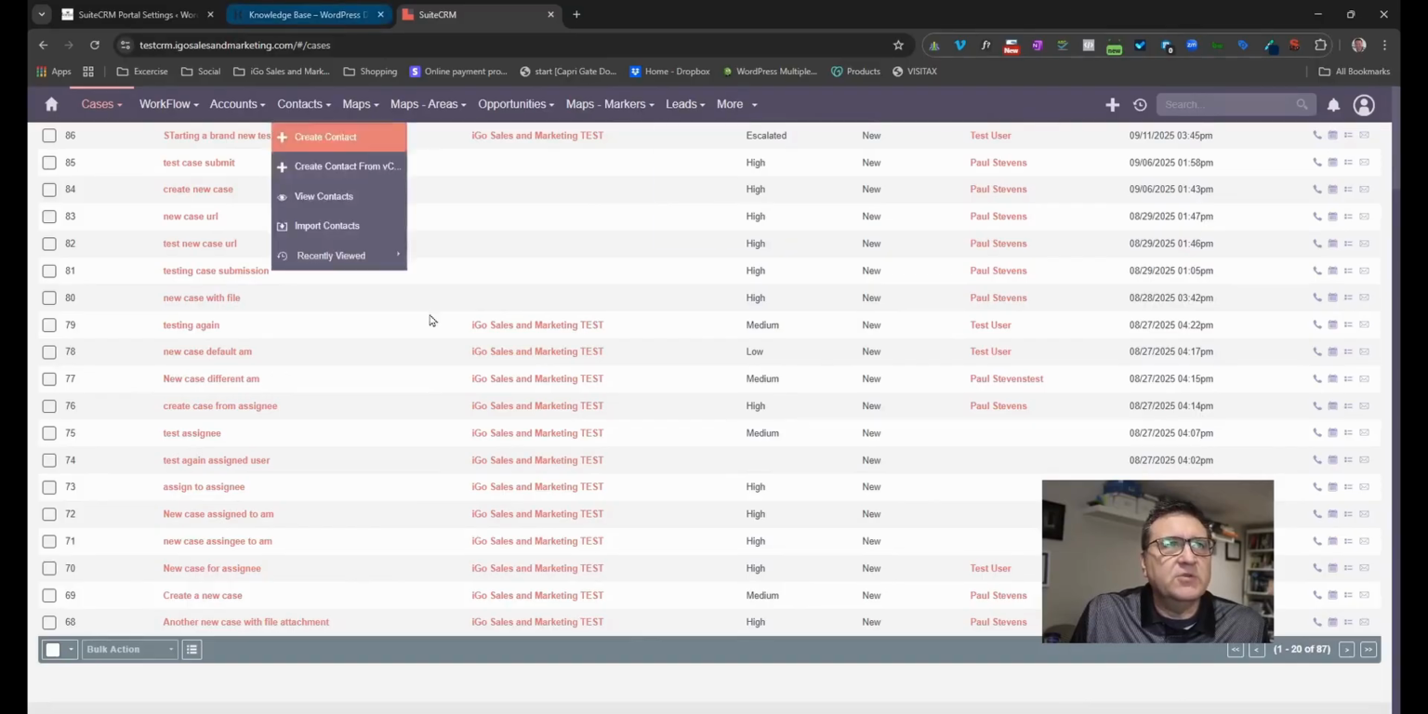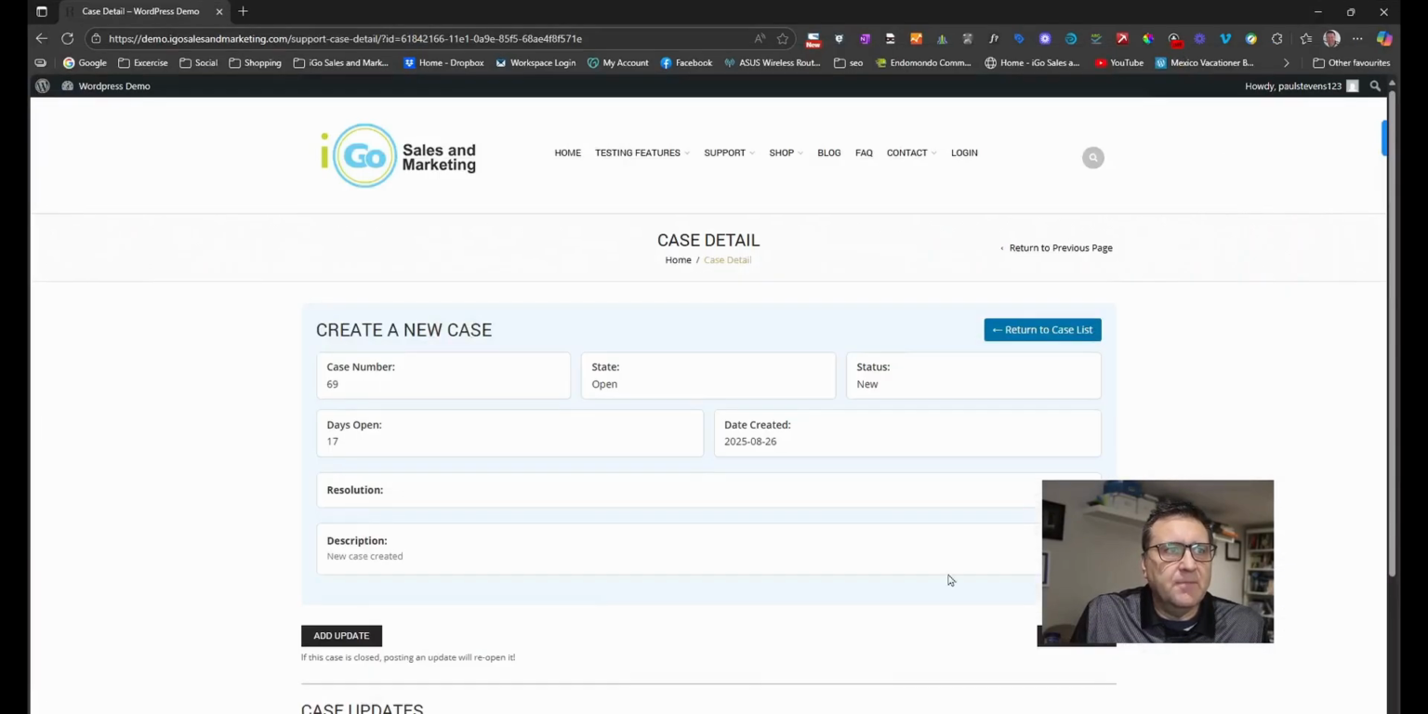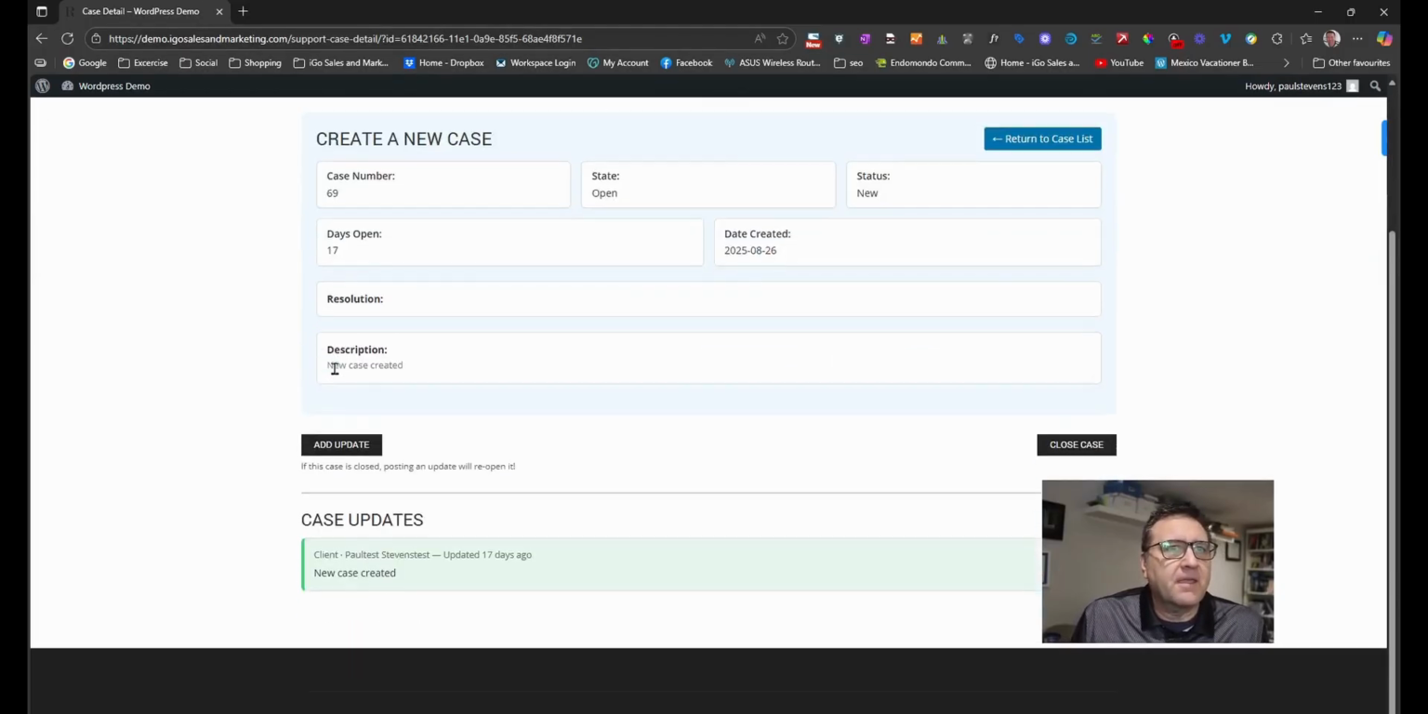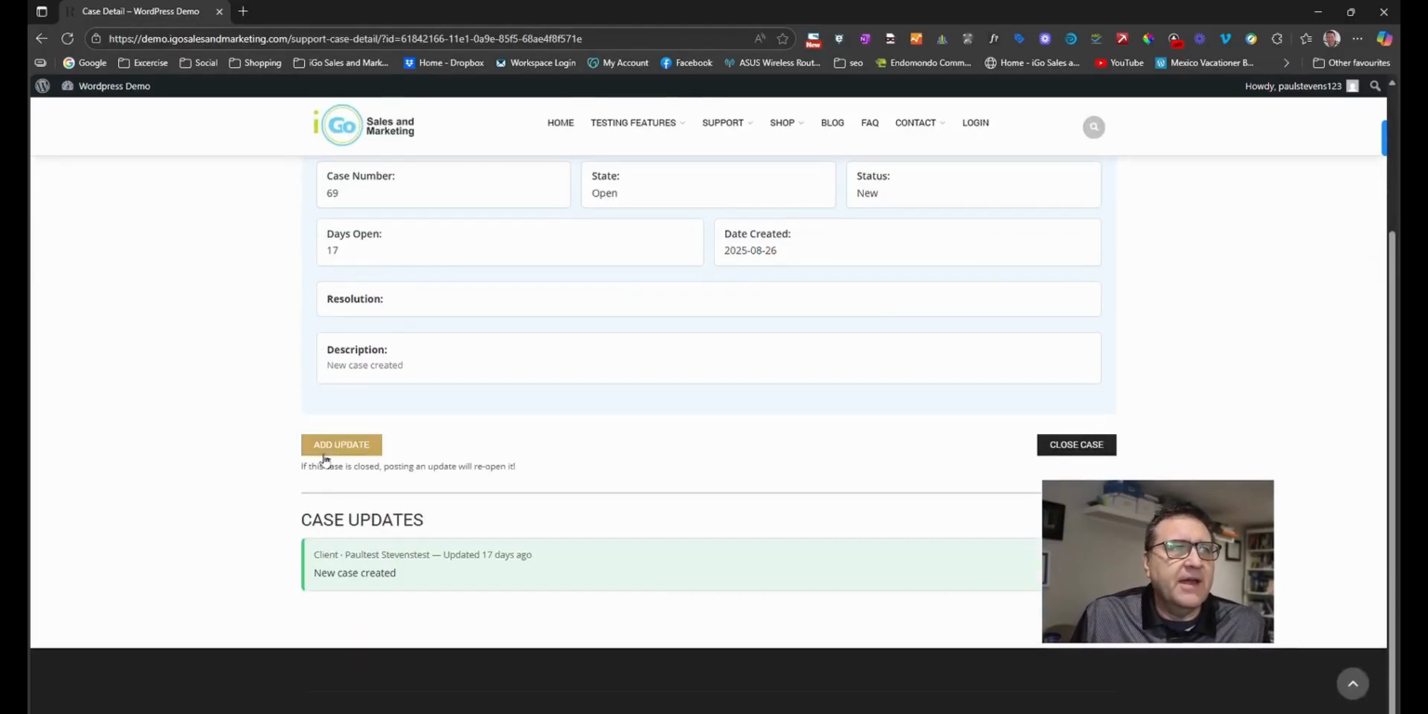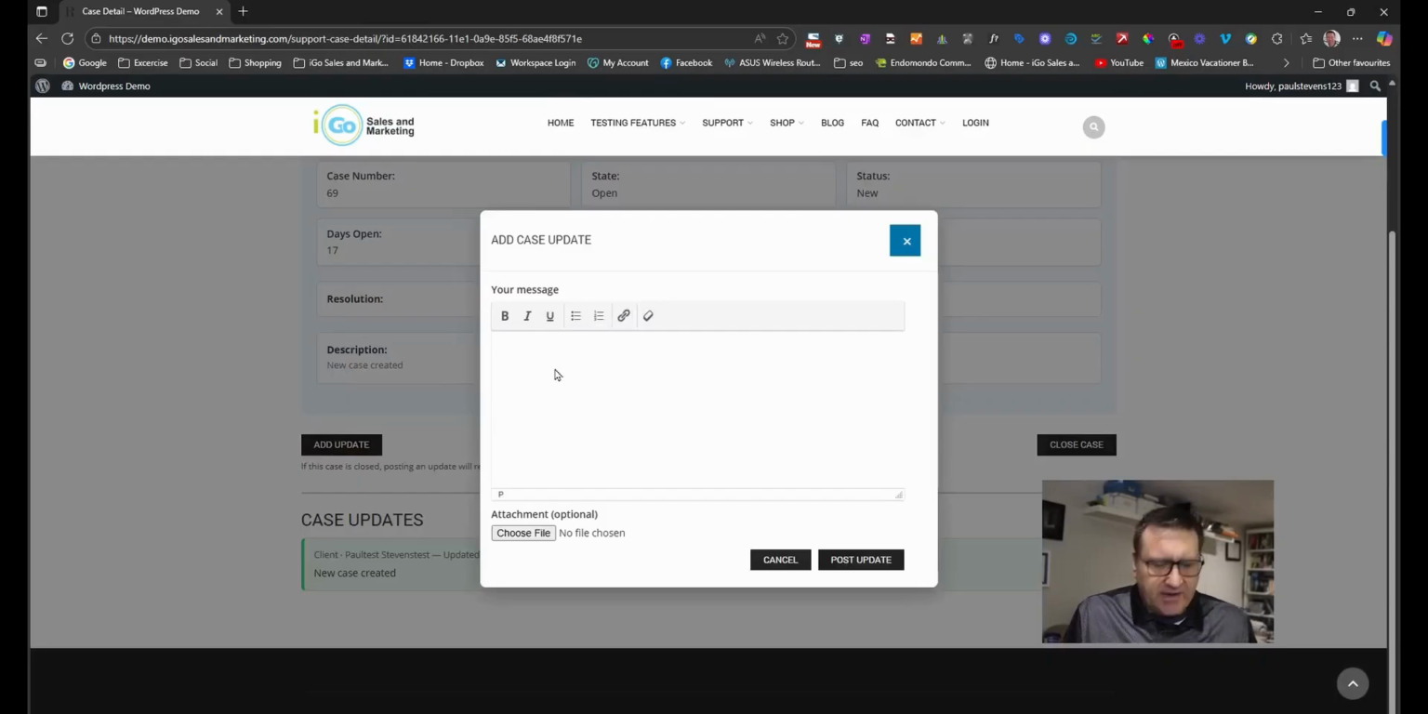Okay, so I don't show the user what level their case is at in terms of priority, because obviously if you've marked it low, and the client sees you've marked their case low, you don't really want them to see that, right? So I've done that. So if I add an update here and say,